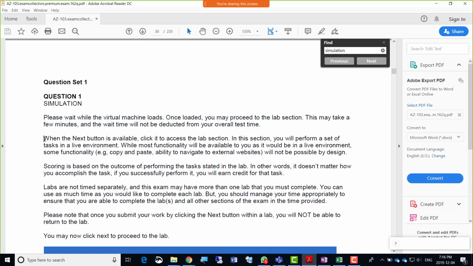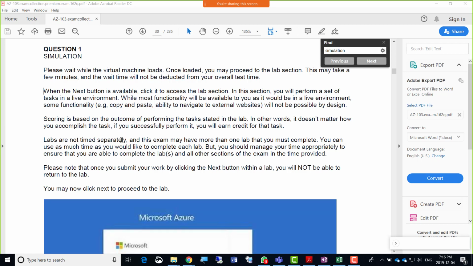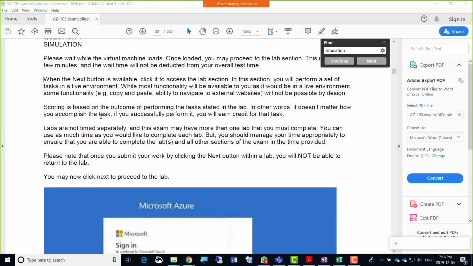Now, when the next button is available, click it to access. So this means that they give you more time. This means that it will be the virtual machine time as well that they need to give. So again, time management, as Ali is explaining there to everyone. You have to manage the time. I hope you guys are all going through the file already and going through the video and just redoing the